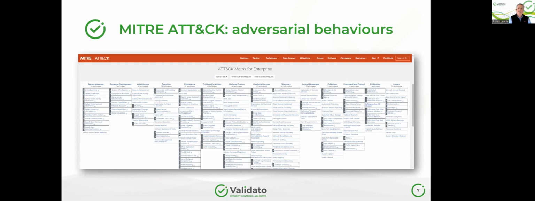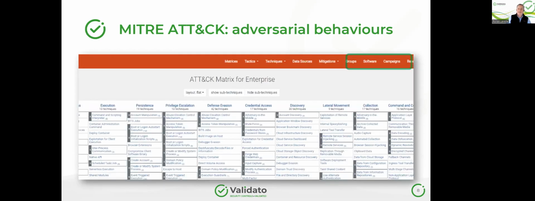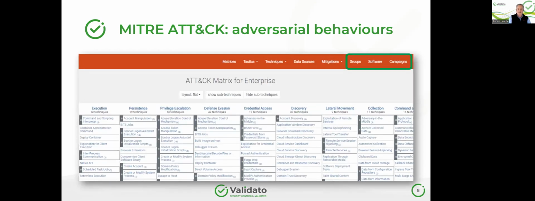So the MITRE ATT&CK framework, if you're not familiar, is an awesome resource of adversarial behaviors. It's like a constantly updated library of these tactics, techniques, and procedures. And what we do is we have created reusable objects, essentially, from the MITRE ATT&CK kill chain, if you like,